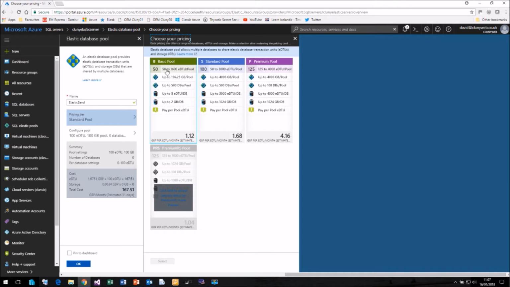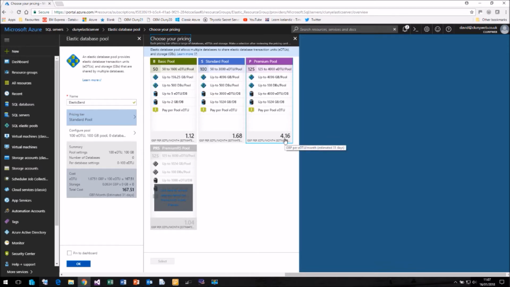And if we look up here, the minimum number of EDTUs is actually 50. So the price is going to be 50 times £1.12, which is going to come close to £55. So it's a lot more than you expect. Standard, again, is a minimum of 50 at £1.68 per EDTU per month, and Premium, the minimum is 125 EDTUs